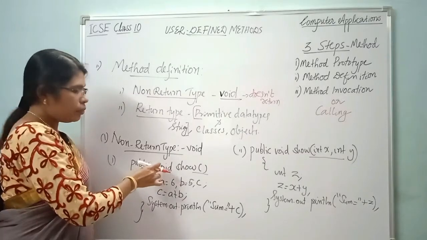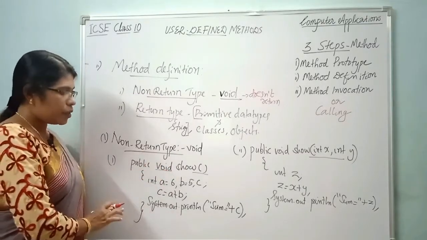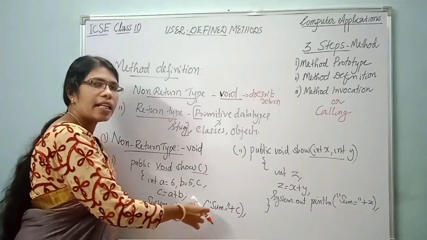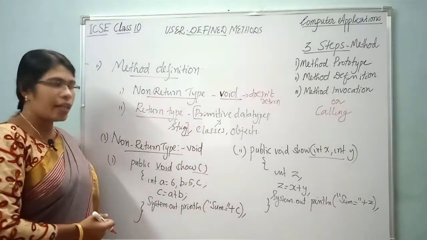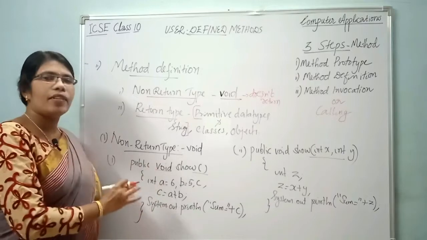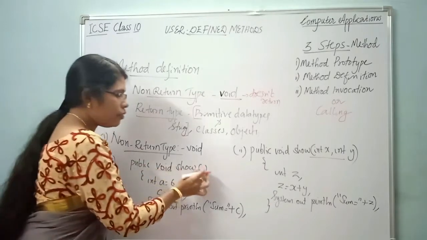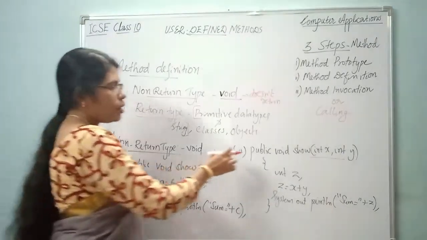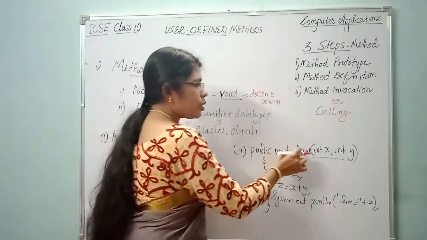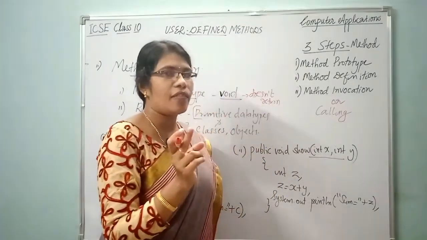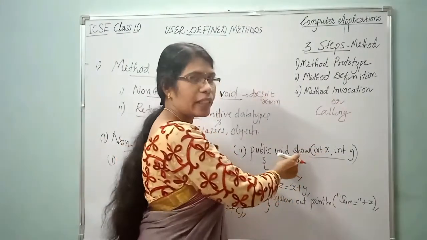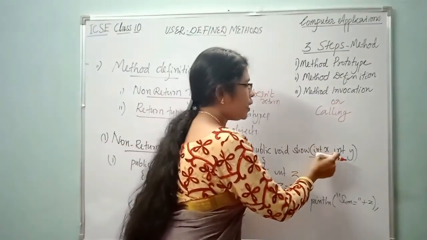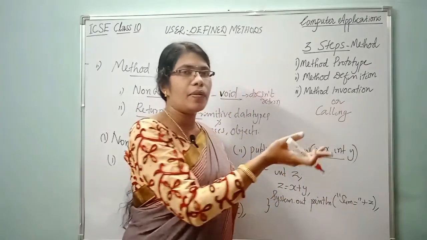We know void means doesn't return a value. We'll write the system.out.println statement, print the calculated value. Okay. So the same concept we will write using the parameter here without parameter. So in the second one, public void show of two integers sum we are finding. So we are passing that two integers as a parameter of this method. So you will write int x comma int y, any variable you can take.